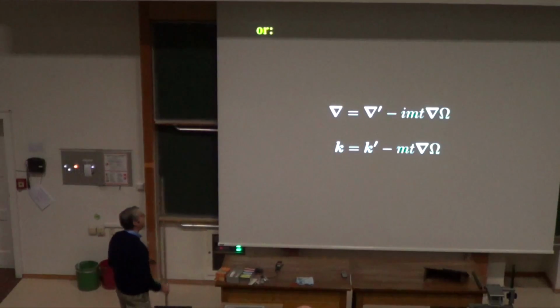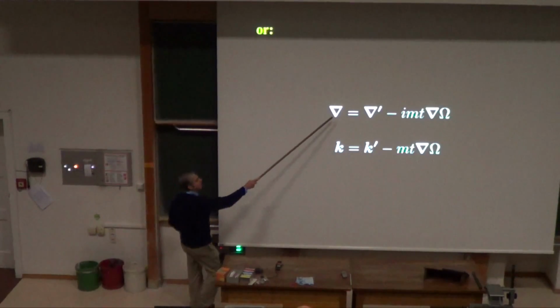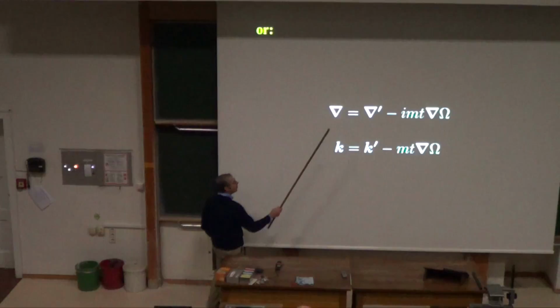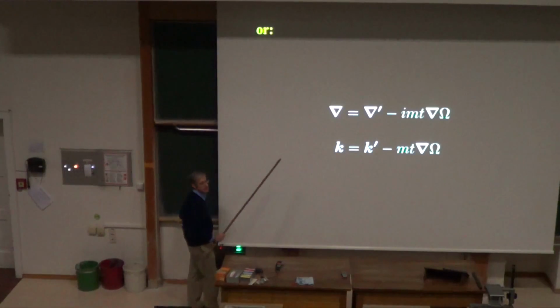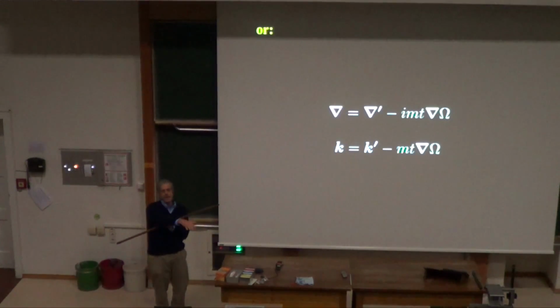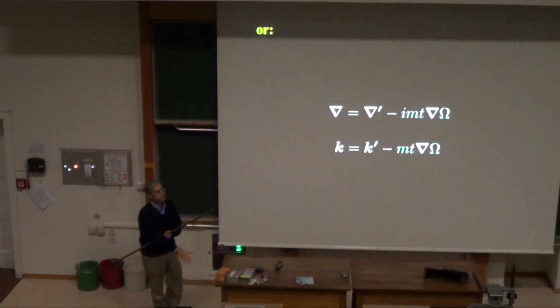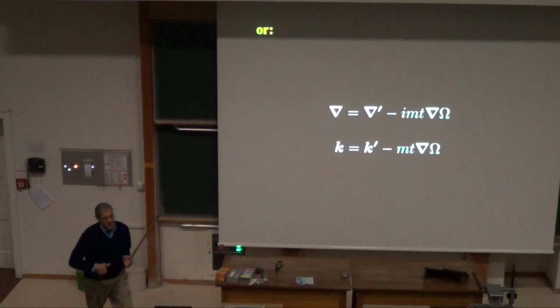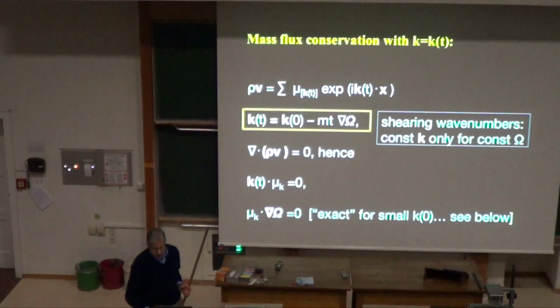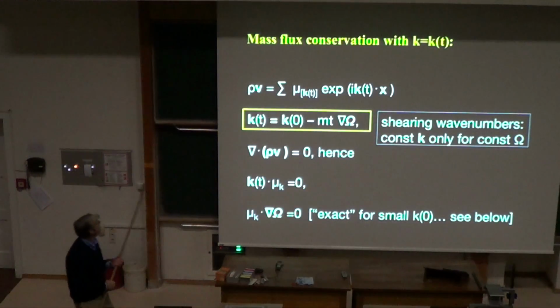Essentially, this is how my gradients transform, and my wave numbers as well. Wave numbers embedded in the fluid get sheared around with the velocity gradients. And let's see what this actually does for